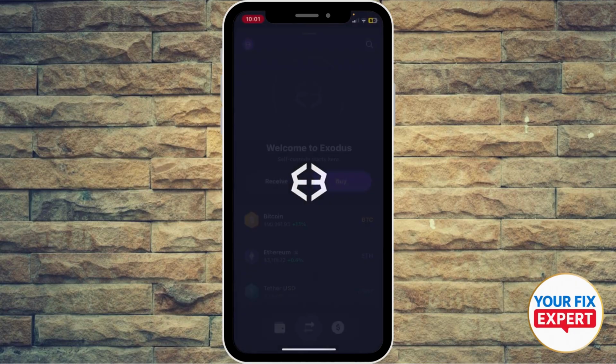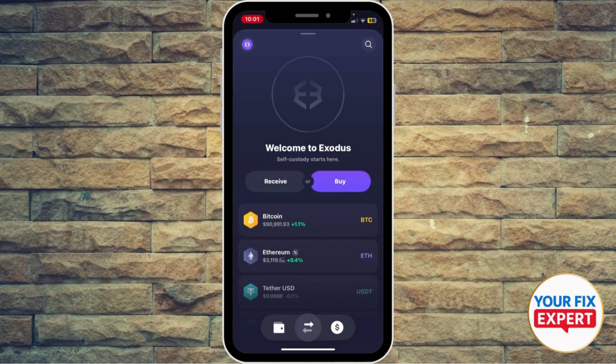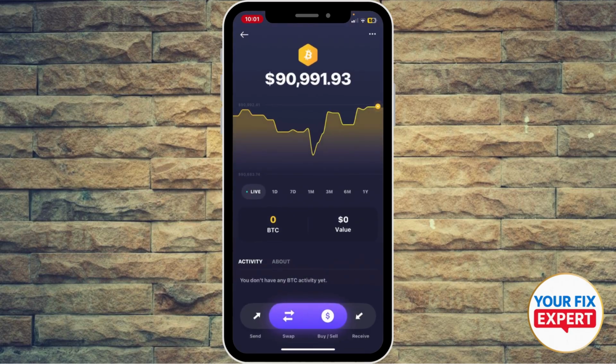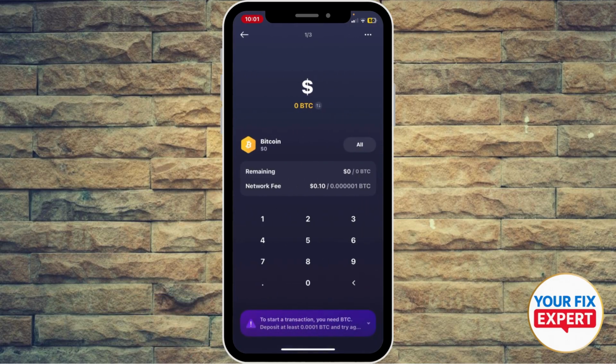Just copy that address, go ahead to your Exodus wallet and select Bitcoin if you deposited or if you funded Bitcoin. Inside, you're gonna find send button. Just hit it on the bottom left. Enter the amount of Bitcoin you want to send. Okay. And then what you're gonna do, you're gonna just add the address that we generated from Kraken and send